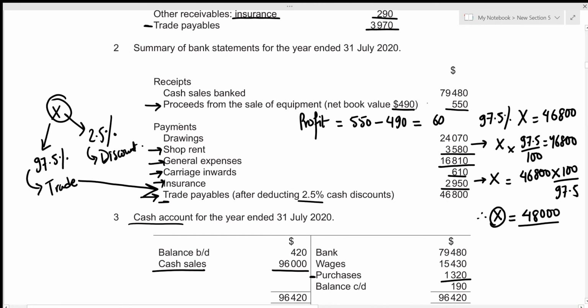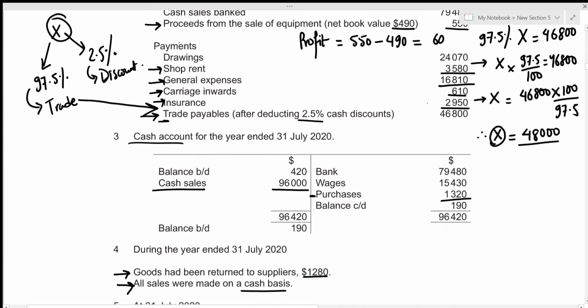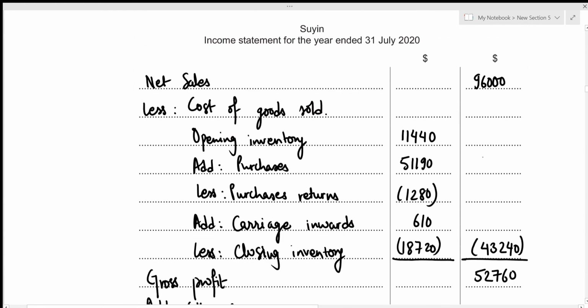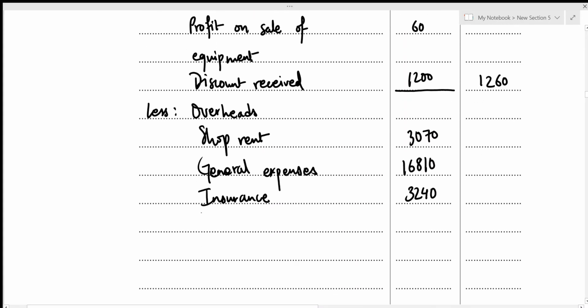In the summary of bank statements, we've included all of the overheads, so we can just completely ignore it. Then under cash account, we're given wages. So this is paid 15,430. We do not have any other adjustments, so we can just write the amount as it is. So that's going to be wages of